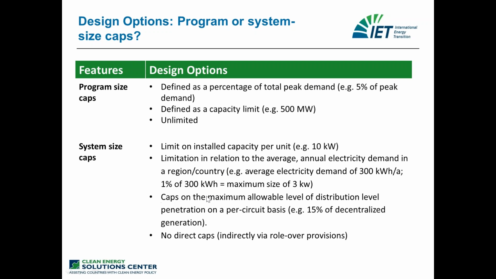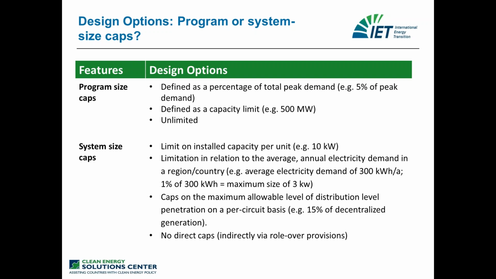Looking at the third bullet point, what you also see in some jurisdictions around the world is that you have caps on the maximum allowable level of distributed generation in different circuits of the electricity grid, because of course you're feeding back the electricity into a certain circuit of the electricity grid, and the fear is that this circuit can only absorb a maximum amount of distributed generation, where it is hard to plan. It is actually going to come into the system where you might have difficulties feeding it back to the next